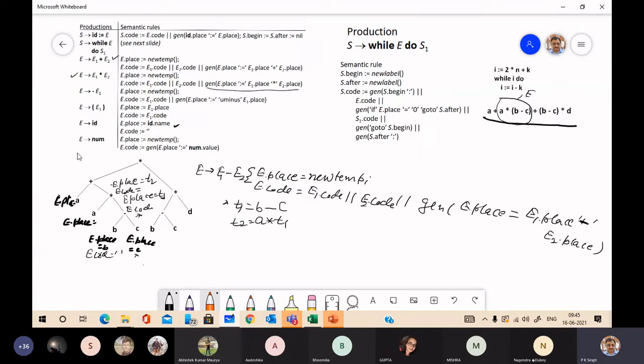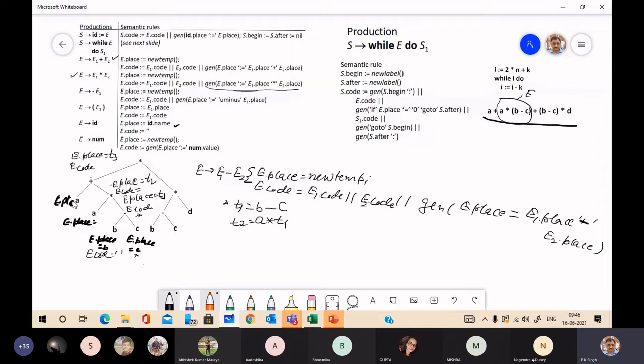So again, for this node it will generate E.place, which is T3. New temp will generate another temporary name. And E.code consists of E1.code.